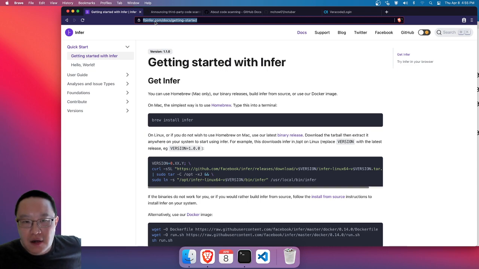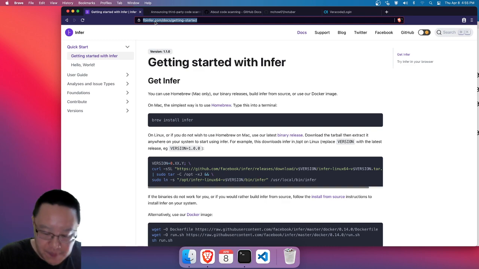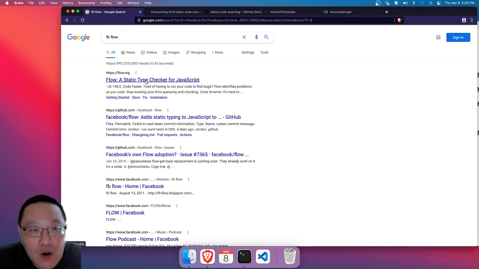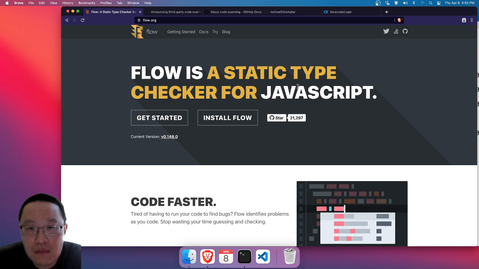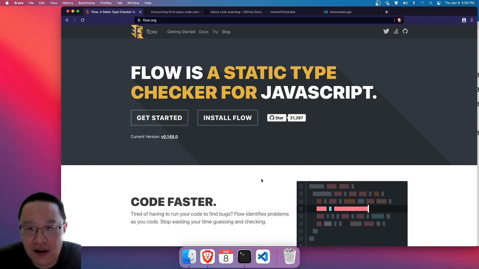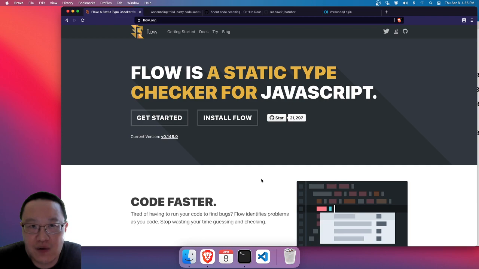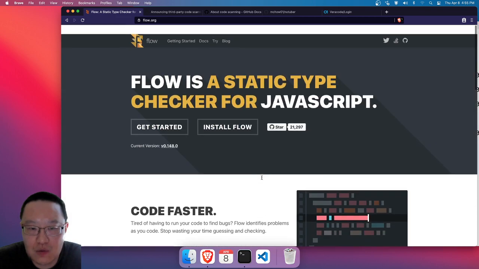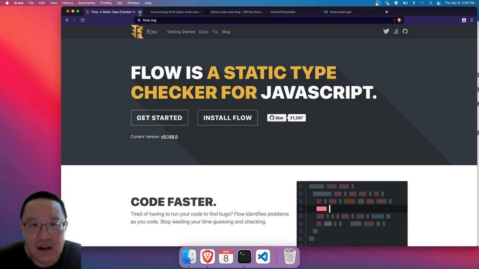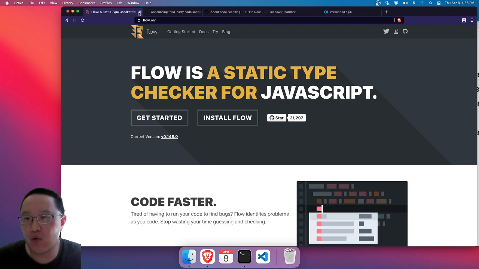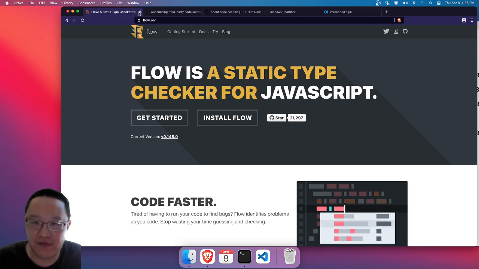If you are into JavaScript, there's another project called Flow. It's a static type checker for JavaScript. And a static type checker is a type checker and an example of a static analysis tool. Cool. All right. So there's another big reason why static analysis is so important to talk about, especially for this